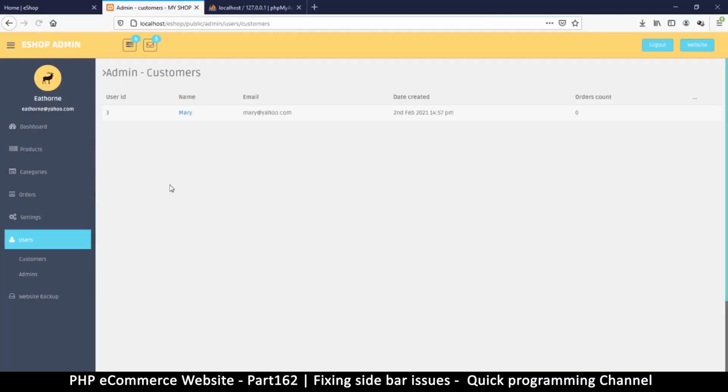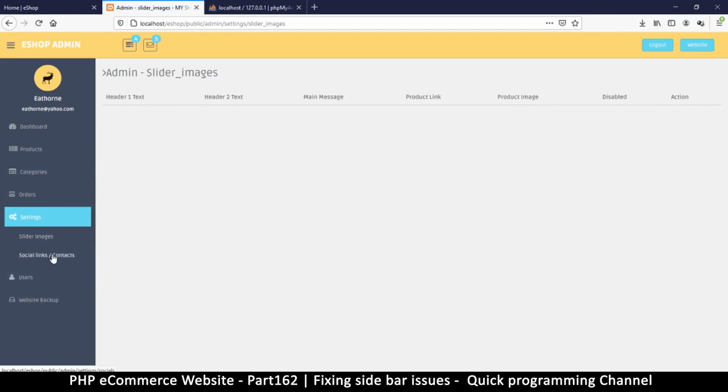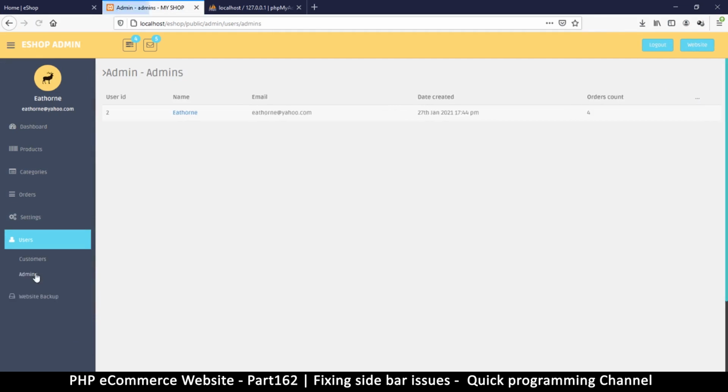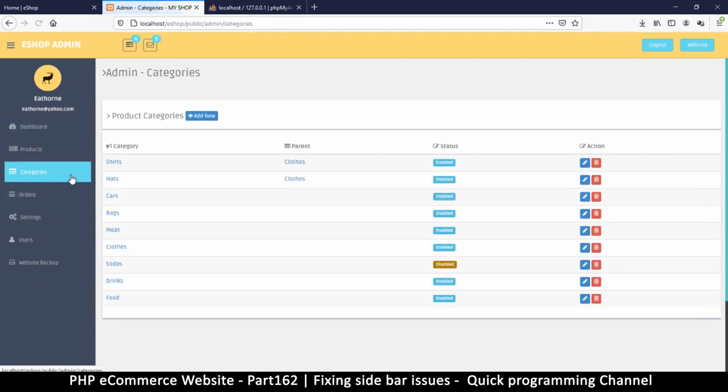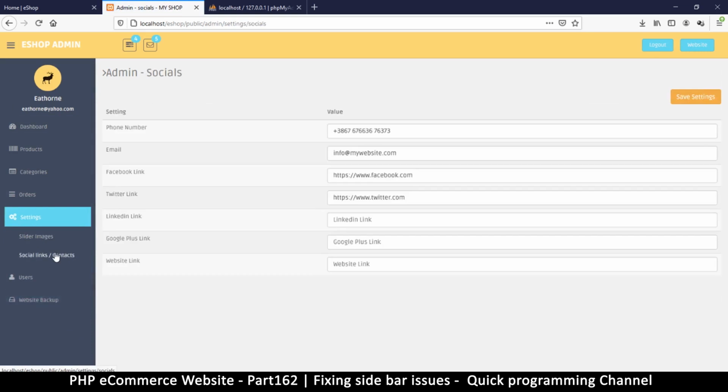So refresh, and you see now users is active, orders is active, settings is active. Even when I click on one of these, it's still active. Users still active. Okay, then products active, category active, orders. All right, so looking good. At least we've fixed this because it was annoying the hell out of me. Every time I click and it disappears, I kind of don't know where I am for a second there, and